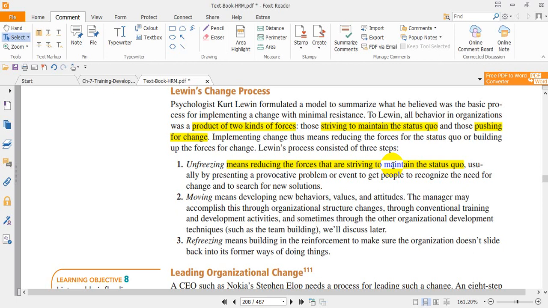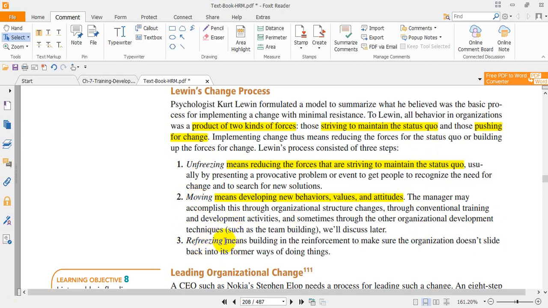The next step is moving, meaning developing new behaviors, values, and attitudes. The manager may accomplish this through organizational structure change, through conventional training and development activities, and sometimes through other organizational development techniques. So: unfreezing, moving,